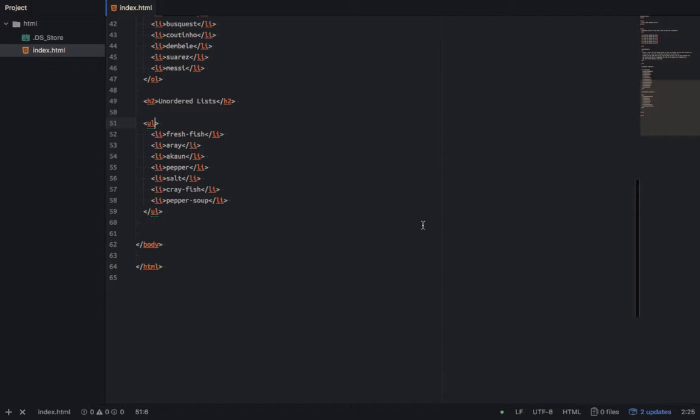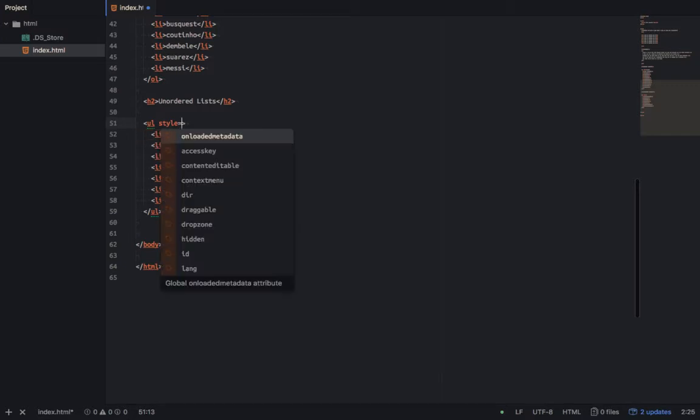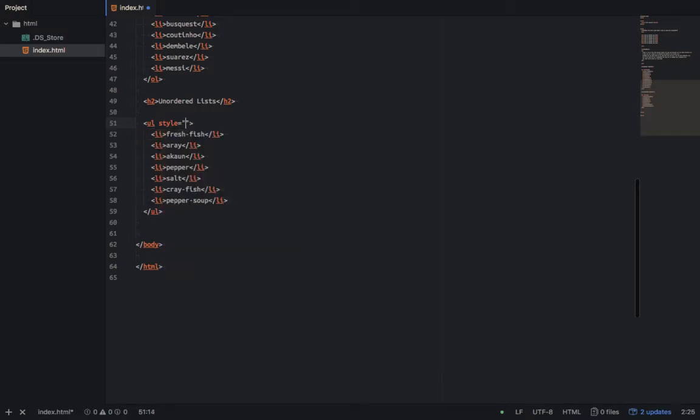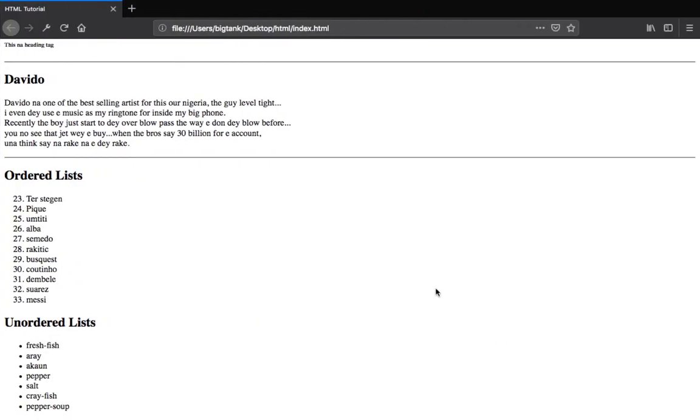Here I will not say type, I will say style. Not on the UL alone, I say I want the style, maybe list-style, list-style-type. Even this one is written like this because it is CSS. List-style-type: disc.